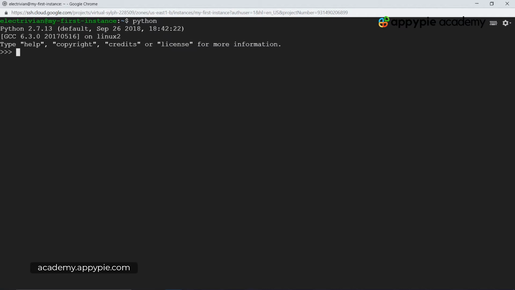So over here simply type Python and we can see that we have the Python shell over here. And if we do print, and inside print if we type in hello world, then we should see the output of hello world as well over here. Okay, so this indicates that everything is working properly. So now let's exit from the Python shell.